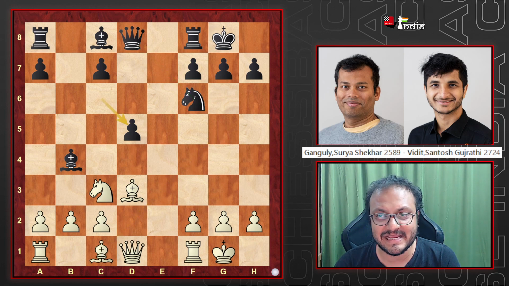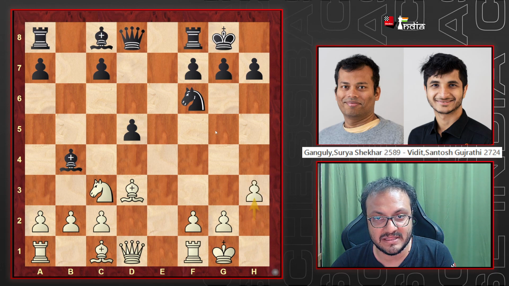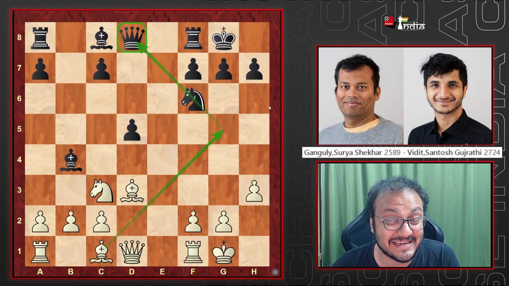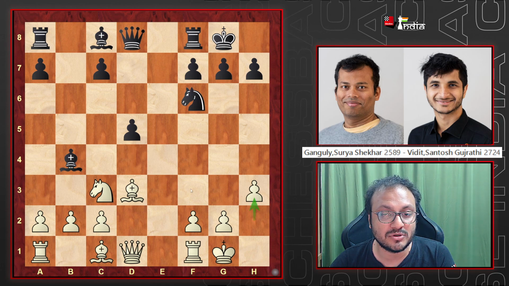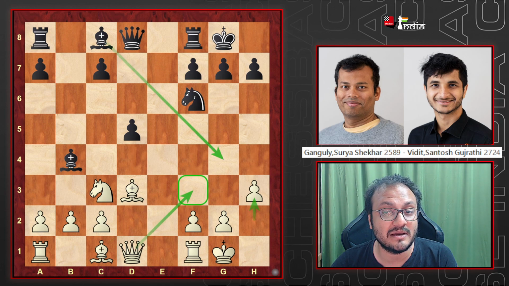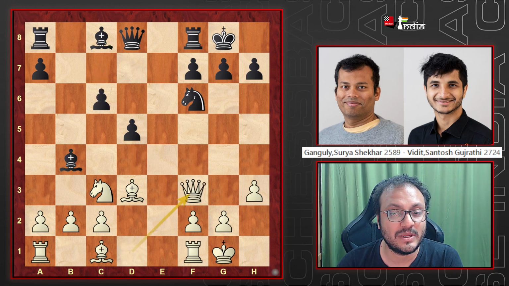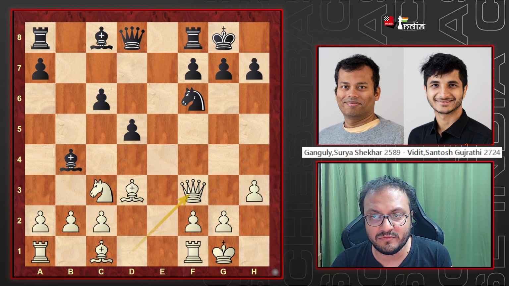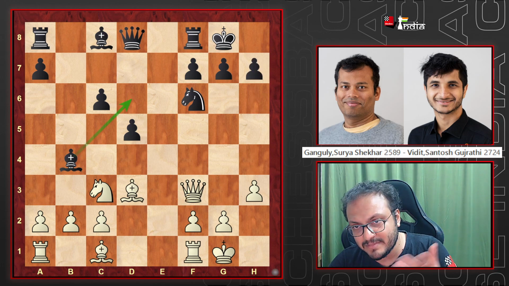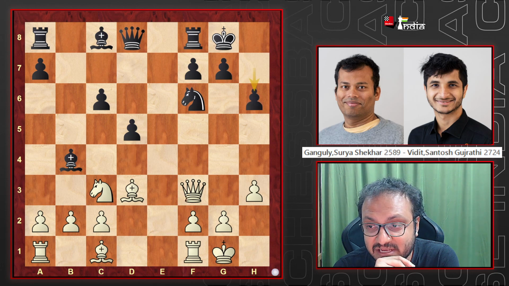But Surya played the second most popular move here, which is h3, and the point of it is not to really pin the knight. Yes, the pin is irritating, but black knows generally how to deal with it. The idea of h3 is to put the queen on f3 without having to worry about bishop g4 move. c6, queen came out to f3, and now Vidit played this move h6 here, which is not the main move. The main move is bishop d6 here, and there are many other moves, but h6 has been played in over 100 games.